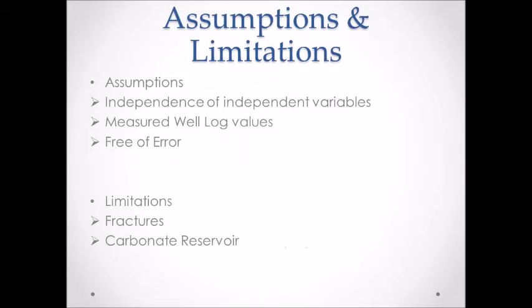An assumption that we made while using this method was the independence of variables with each other. With multiple linear regression, the independent variables should ideally represent statistically independent pieces of information. However, there is usually some interdependence among the independent variables. We also assume that these variables were actual measured values, when in fact they were calculated from well-log properties. In addition, using this technique, you assume that the variables are free of error, which is usually not the case